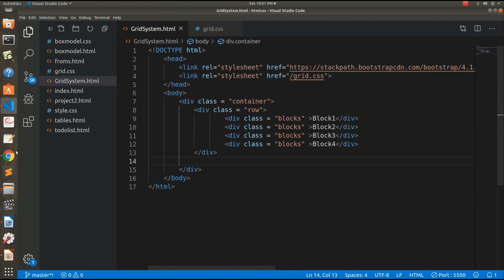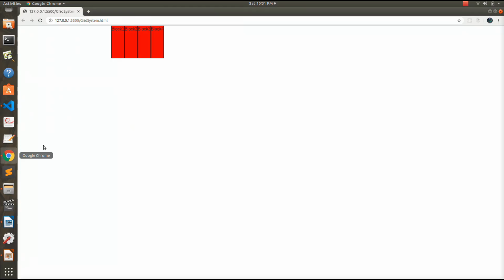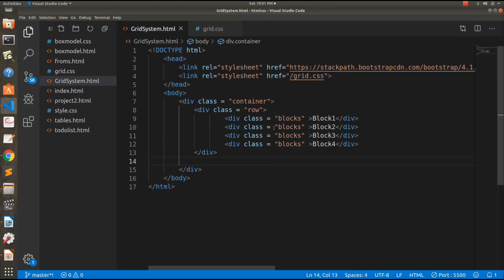Save this, and right now you won't see any change here. Okay, you can see a change because all these have been put inside a row. Now you have to equally space them. For that, you will write here column. Actually, these are classes that you have to give. All these classes are defined in Bootstrap, and what we are doing here is only including these classes in the class attributes that we have mentioned here.